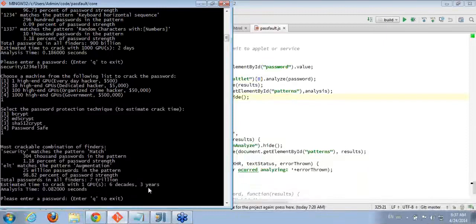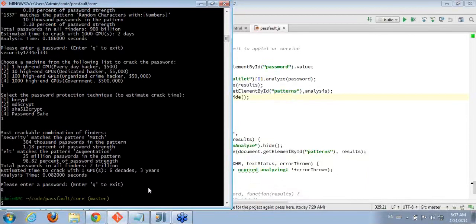So what I was getting at with this command line is it's pretty basic. It's just kind of a proof of concept. I'd really like to get a command line that could plug into Linux. I'd love to have a Linux administrator just be able to grab this with their yum or RPM or whatever package management they're familiar with and have it come down, set a quick policy, probably have a reasonable policy by default, and then every time someone enters a password to change their password, it would run this to analyze the password and enforce the policy.